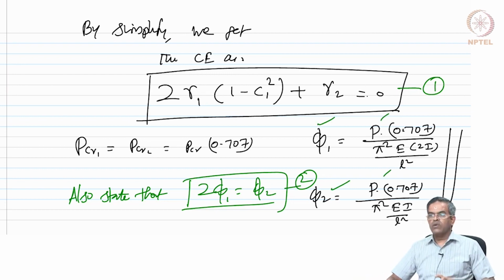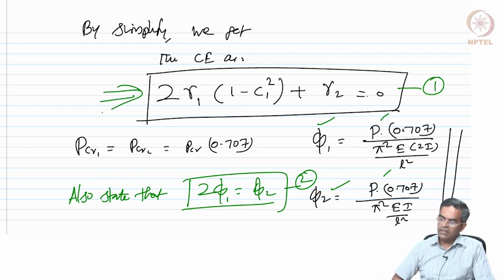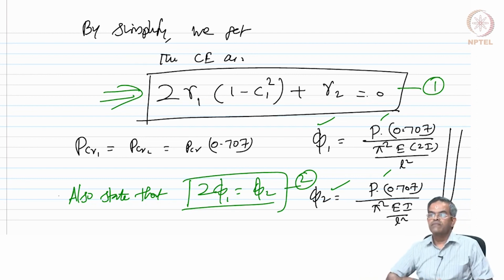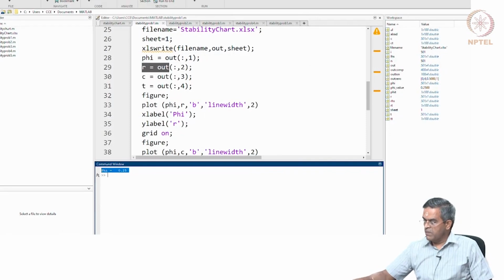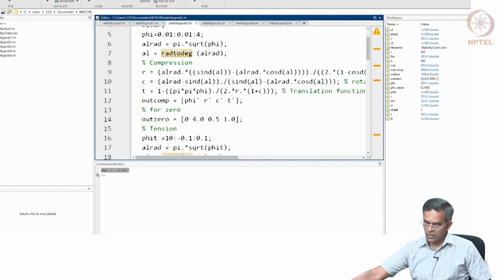So, I must find phi 1 and phi 2, because phi 1 and phi 2 will be helpful to get P, okay, and the characteristic equation should be satisfied. So, I can refer to the chart or the table and try to get. So, I am going to use MATLAB again. So, using MATLAB,